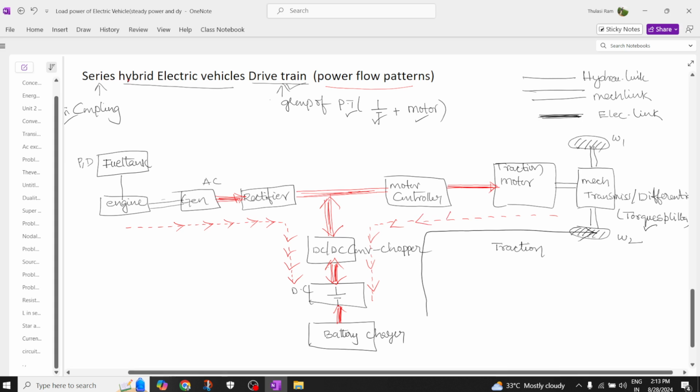And this dotted line is nothing but regenerative. Here it is nothing but charging the battery. So this red color line indicates charging of battery. Now you see this schematic connection. So coming to the logic,